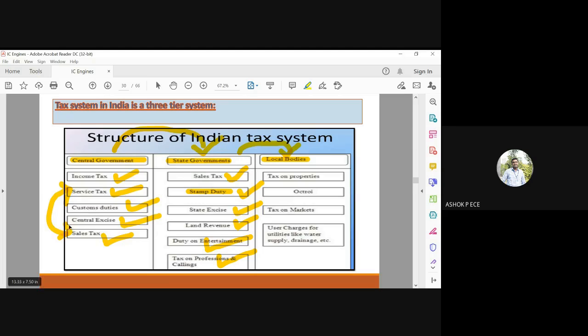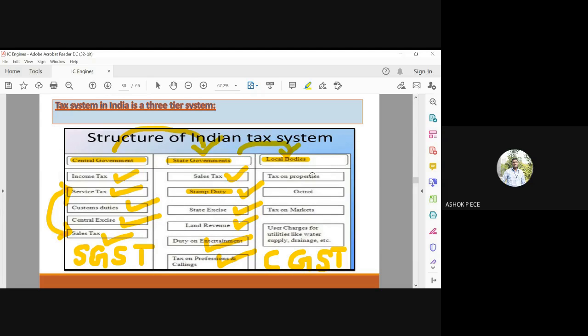Okay, and GST, you have two components: SGST and CGST, right? So state GST, with that income will go to the state government. The central GST income will go to the central government. Okay, so GST has two components, CGST and SGST. So it will be equally split among the federal government and state government.